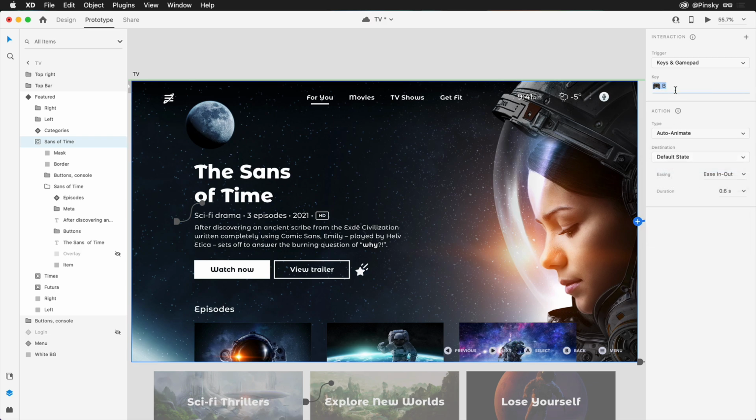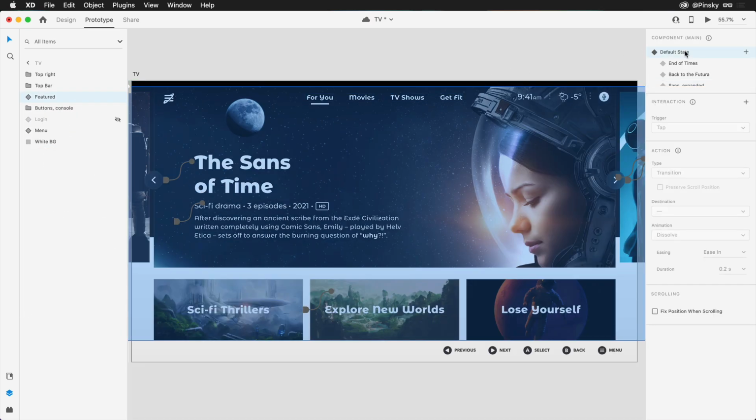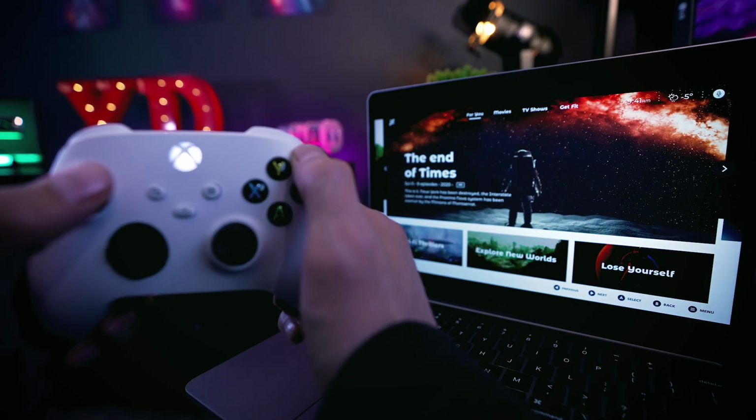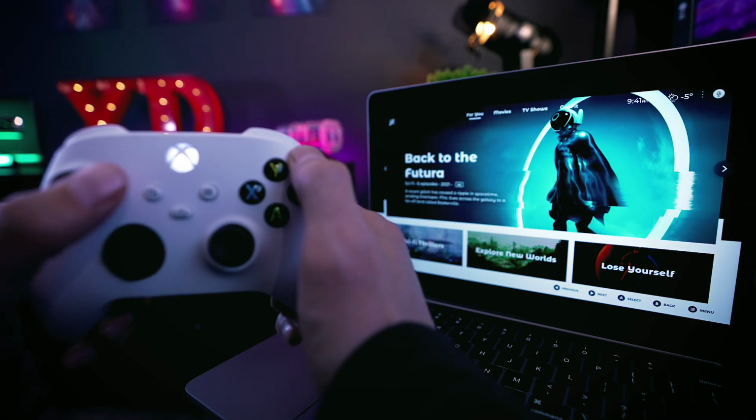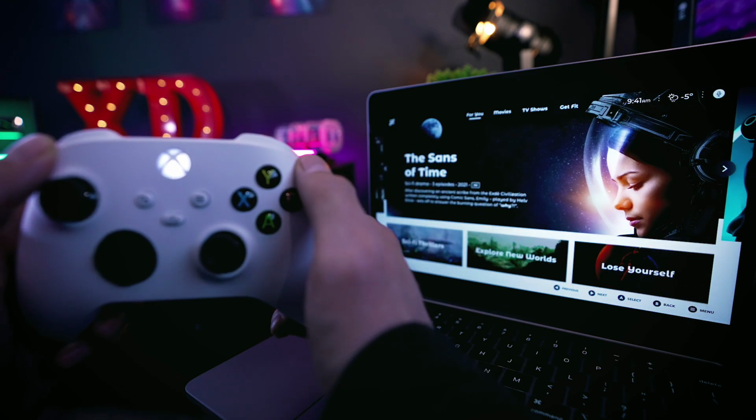Now, I've previously gone ahead and wired up the cards on the left and the right with triggers that will transition back to the middle. So let's take a quick peek at the prototype so far. Using the thumbstick on my Xbox controller, I can visit the card on the left, head over to the card on the right, and then from the middle, A to expand, then B to go back.